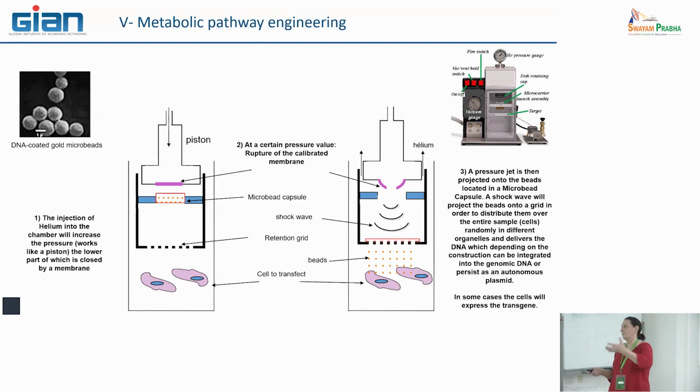Okay, so what happens when you go down the piston, you increase the pressure in this part. And here, there is a membrane that is less strong than the rest of the piston. So at one moment, when the pressure becomes very high, this membrane disrupts and it makes a sort of wave of pressure that leads to disrupting this capsule containing the beads, and the beads are projected on the